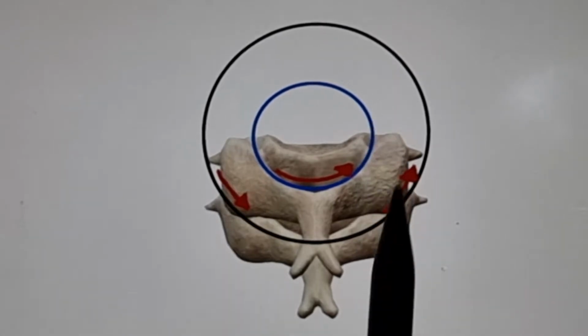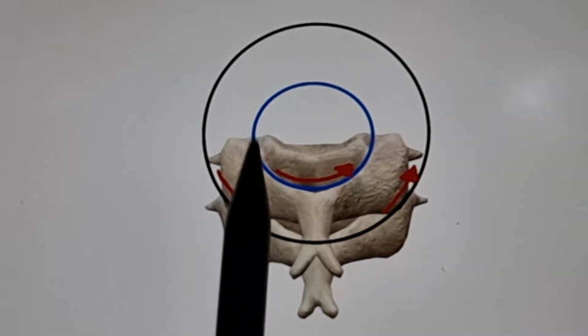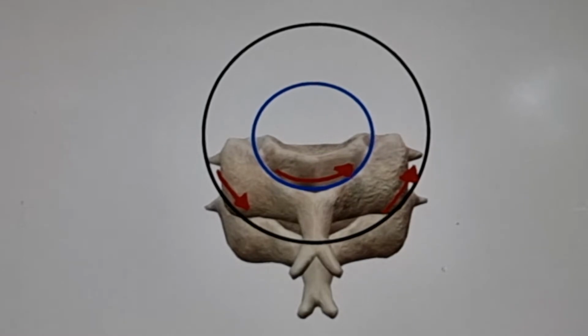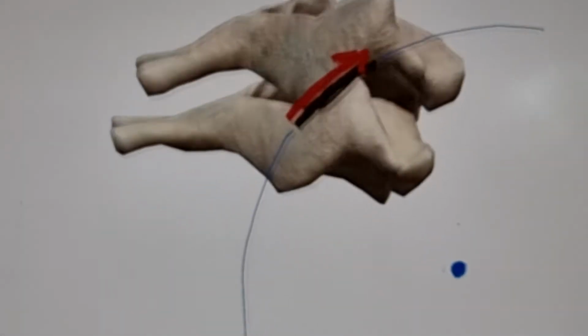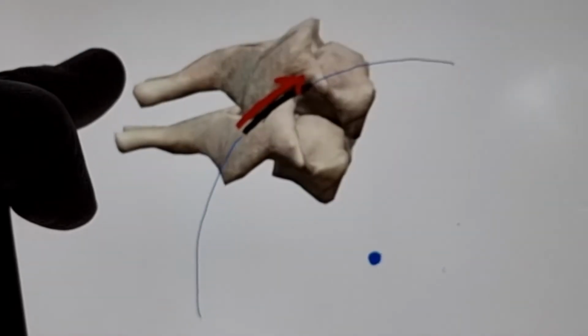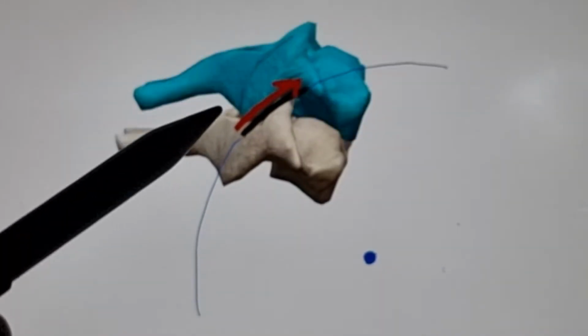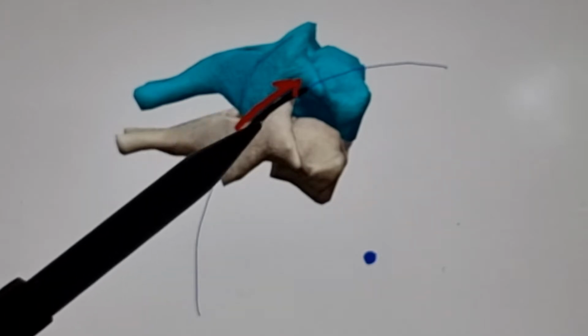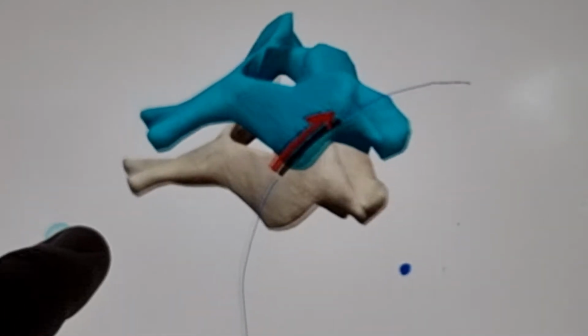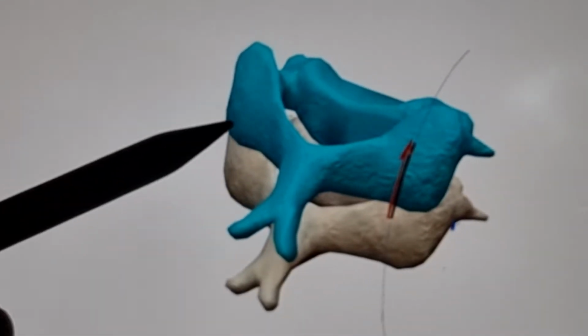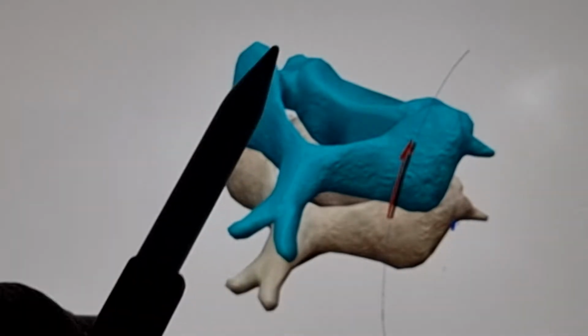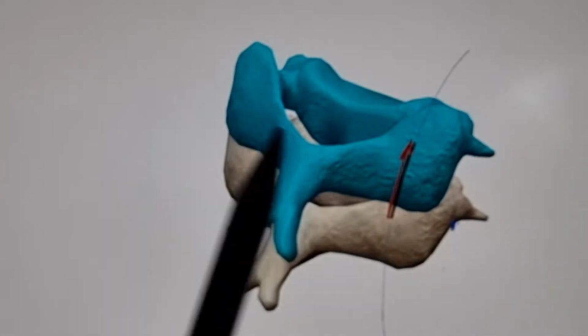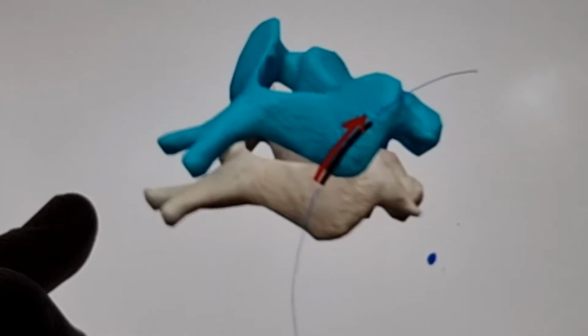Now, when the joint goes forward, so if one goes straight forward and the other goes straight forward, we could call that flexion and extension. So flexion and extension takes on a slightly different type of motion, and I have a little model here I can show you. So here we have the same joint, C5, C6, and when C5 glides over C6, I turn it a little bit like this, you can see how, imagine that this one's going in the same arc of motion. When the facet joints, one is sliding over the other, they're arcing like this,